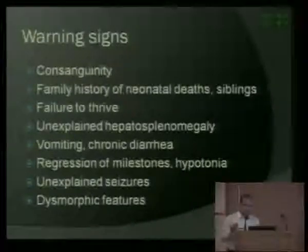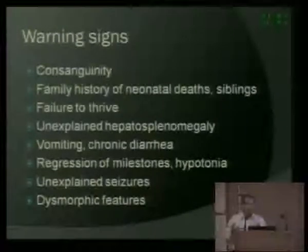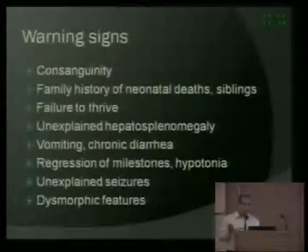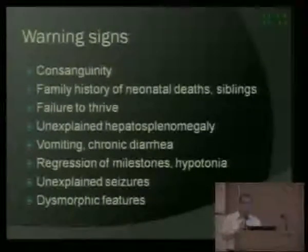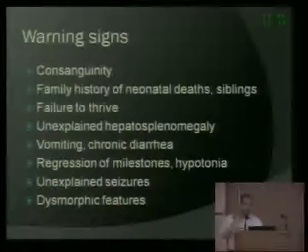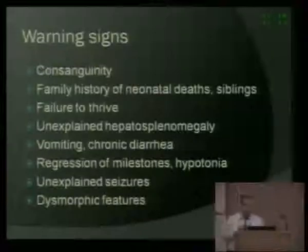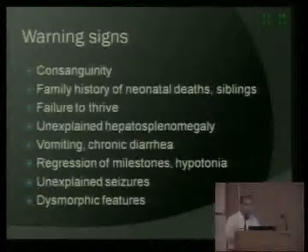is this a storage disease? And these are some of the signs. The difficulty always is that some of these signs do overlap with other common disorders, and that's really where the challenge is. And I think you have to please look for common things commonly before you think of a storage disease. You have to first exclude the reasons for hepatosplenomegaly, rather than go and look for storage disorders in the first instance. Only when you have excluded the common causes can you think about whether this could be a